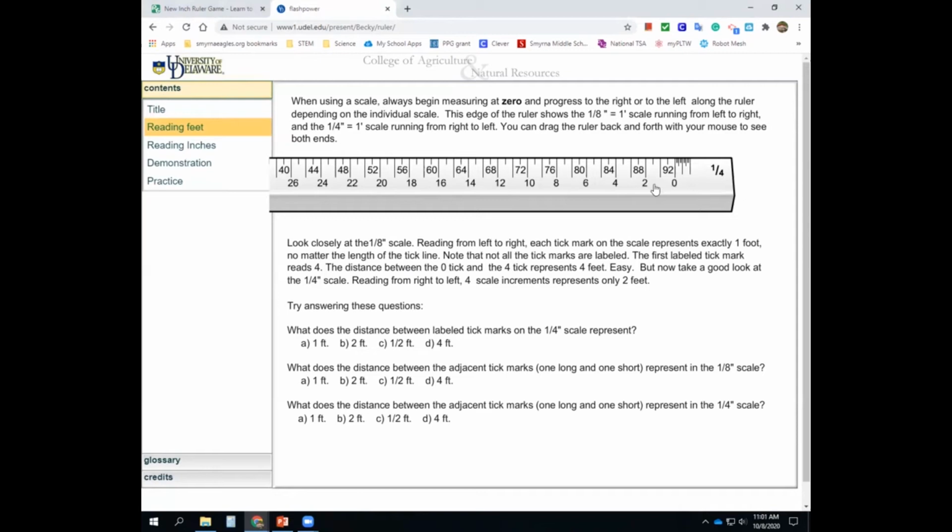So again, here's 0, here's 2. So this would be 1, right? And in the middle, this would actually be a half. This would be 1 1/2. All right, so try these